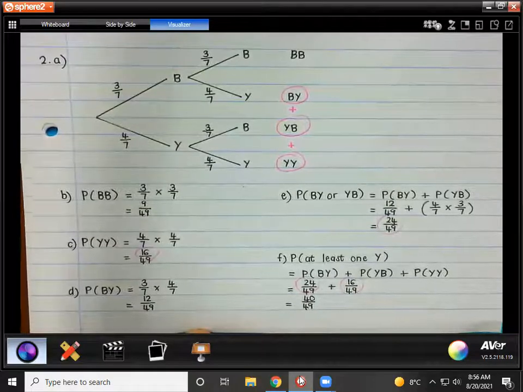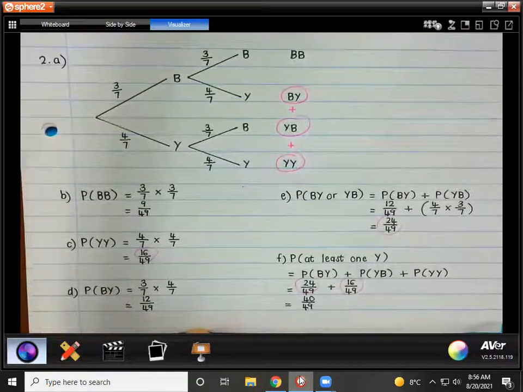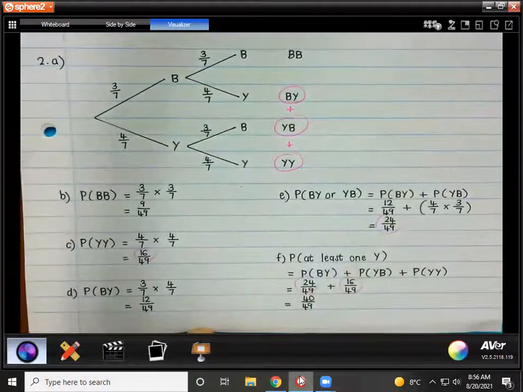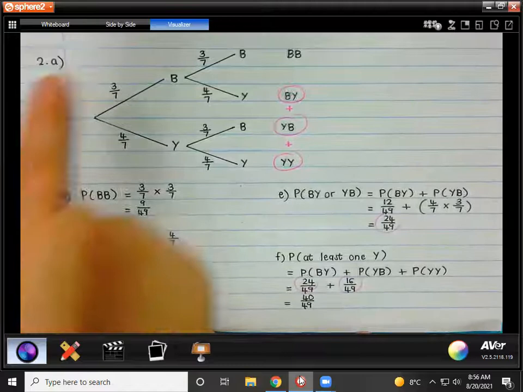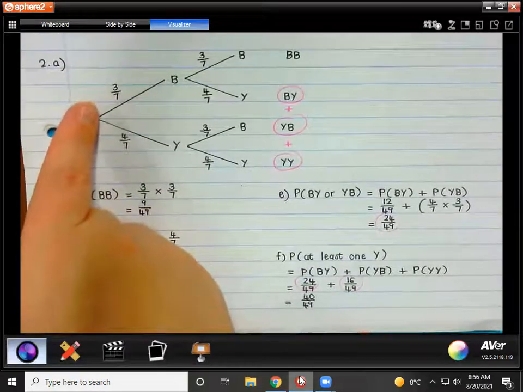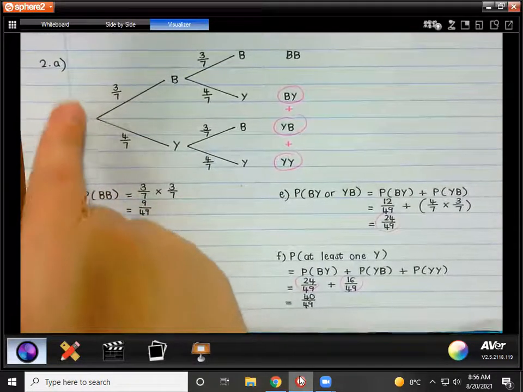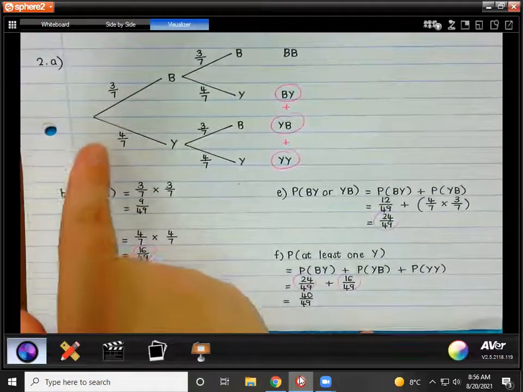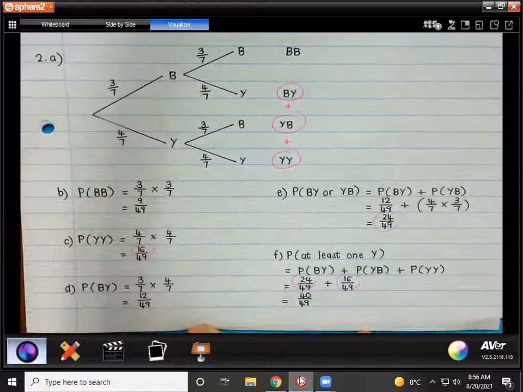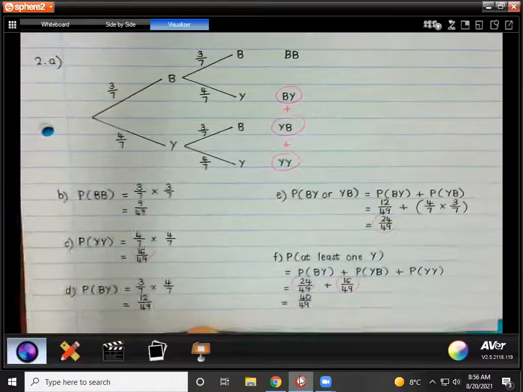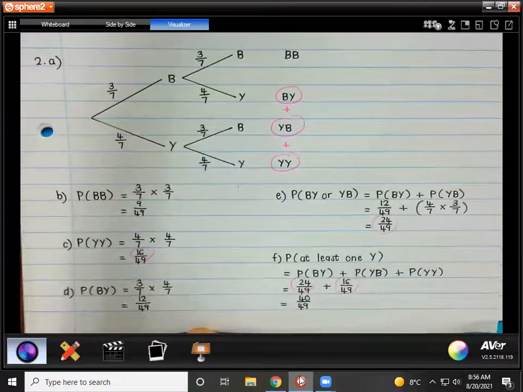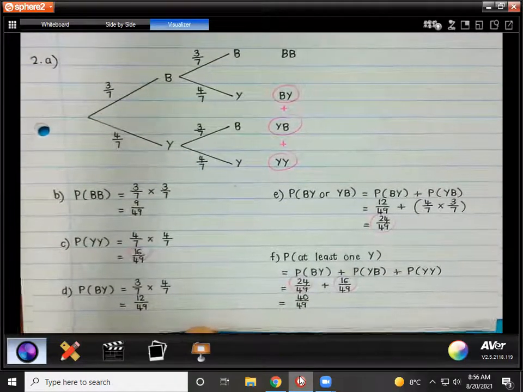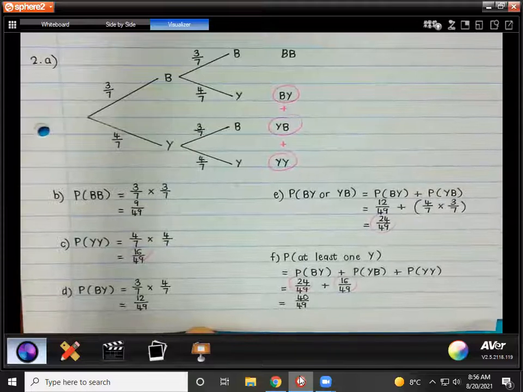So when you draw the first ball, when you take the first ball out of the bag, you're either going to take a black ball or a yellow ball out. There were 3 black balls, 7 balls in total. That's why that probability is 3 over 7. There were 4 yellow balls, 7 in total. That's why that probability is 4 over 7. Guys, what's 3 over 7 plus 4 over 7? What's 3 plus 4? 7. So that's 7 over 7. And isn't that the same as 1? Okay, good.